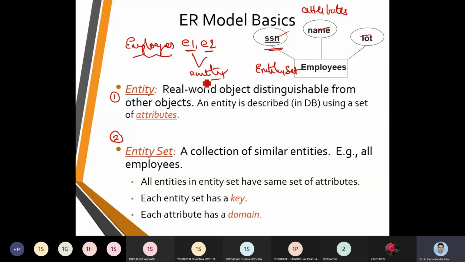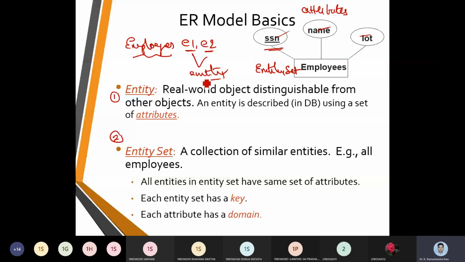Every entity set is going to have a key. Here we are going to assume SSN as a key. Then every attribute is going to have a domain. Domain is nothing but giving a range.